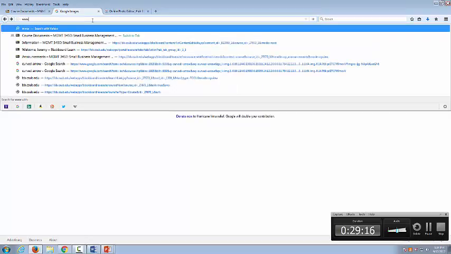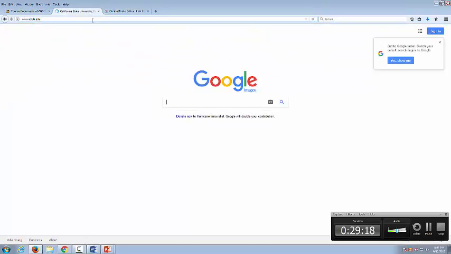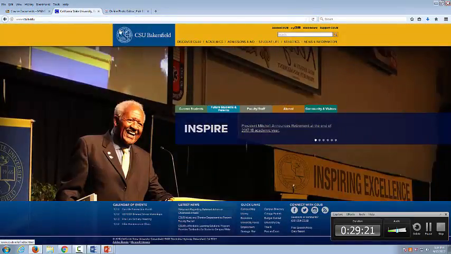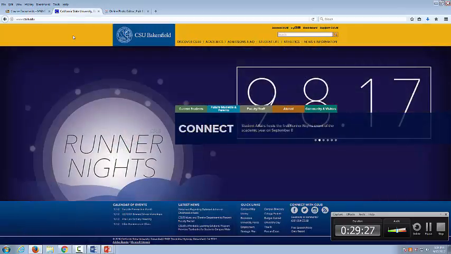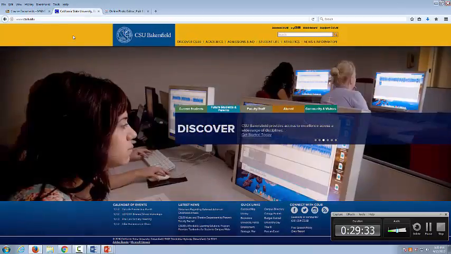So if we look at the CSUB website, if we wanted to use that CSUB logo right there, and you couldn't find it on Google Images, you can actually do Control Print Screen on the buttons on your computer, and then